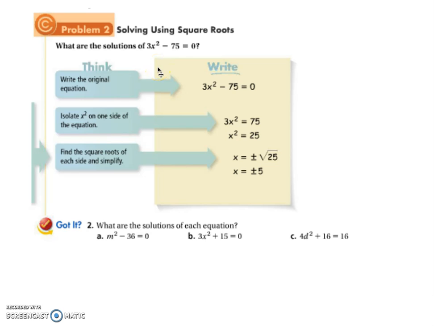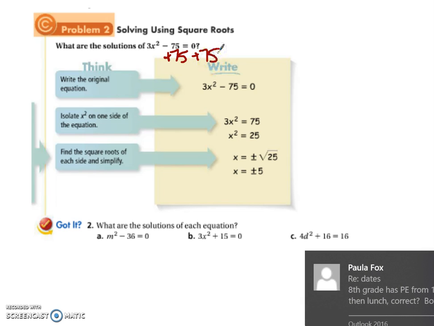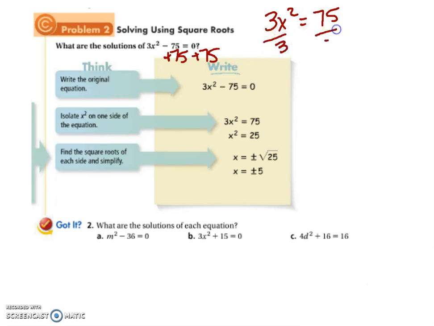Okay, so we're going to look at this one together. We have 3x squared minus 75 equals 0. So what we're going to do is solve for x. We add the 75 to both sides, which gives us 3x squared equals 75. Divide by 3, divide by 3, we get x squared equals 25. Is that a perfect square? Yes, it is. So the square root is the opposite of squared, so we get x equals